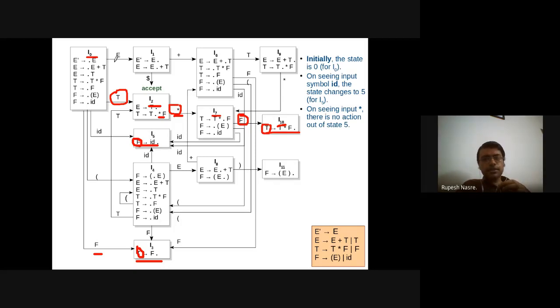Right? So this reduction is important, that I have to go back all the way to I0 because of this T star F, and on I0 I am going to apply the transition on T again, and therefore I am going to go to state number 2. Right? Does that make sense? Any questions on this one?